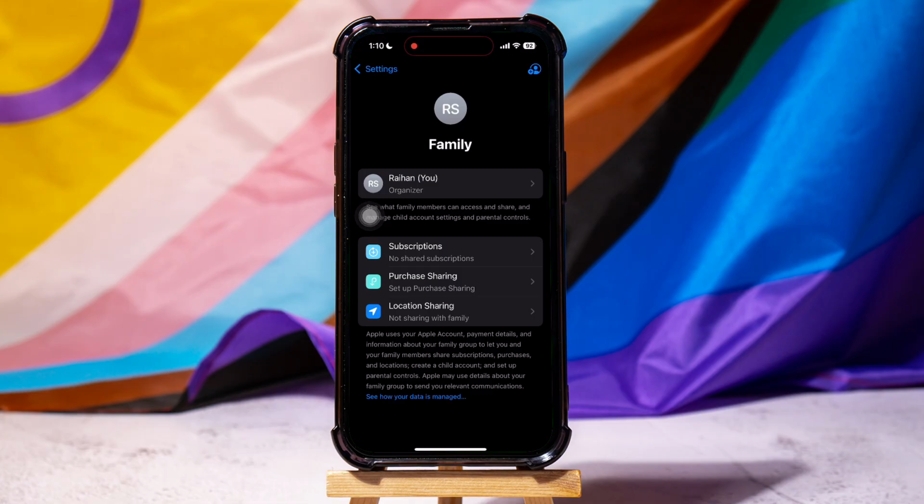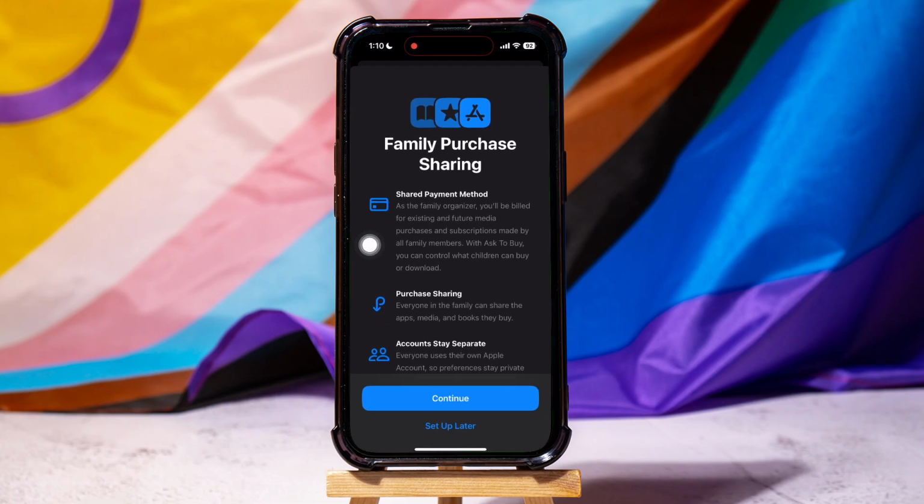Here, you can see your family group and manage shared services like subscriptions and location. To stop sharing, locate and tap on Purchase Sharing to continue. A new screen will appear explaining the benefits of family purchase sharing, such as a shared payment method and purchase